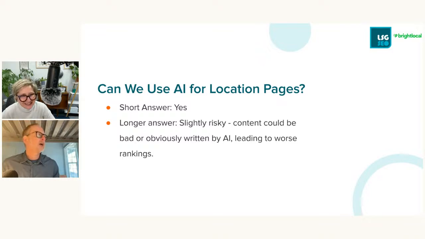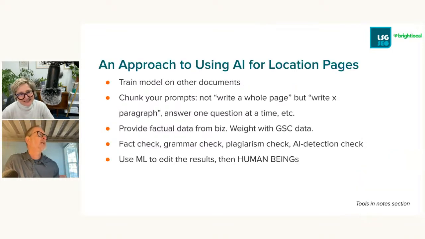You need to be careful how you do it and smart about how you do it. We've seen plenty of AI projects gone bad, but we've also seen plenty of good ones. So we started building our own tool to do AI for location pages because we thought, oh, this should be easy. It's a template. Location pages don't need to be Shakespeare. They just need to say, we're open and this is what we do. So here's how we do it at a high level.